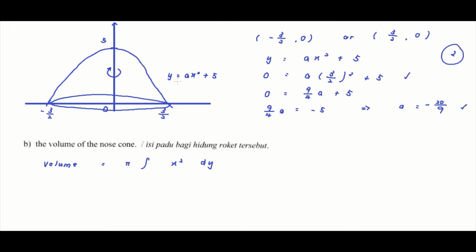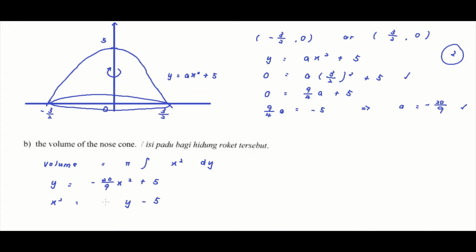Okay, since our function is given in terms of y, you need to find x squared in terms of y yourself. So we try to do some arrangement here. y equals, just now we have our a, so 20 over 9 x squared plus 5. Since we want x squared as the subject, we'll try to move things around. So I will have x squared equal to, imagine I move the 5, then negative 5,